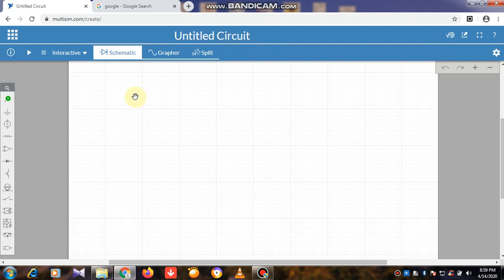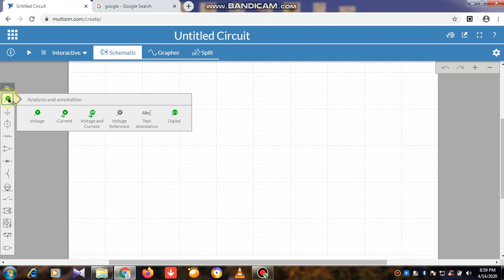This page is your schematic page. It can act as a breadboard. These are the components available in the left side corner of the circuit simulator tool, and this is your probe. You can see your final output waveform by using any one of the probes.